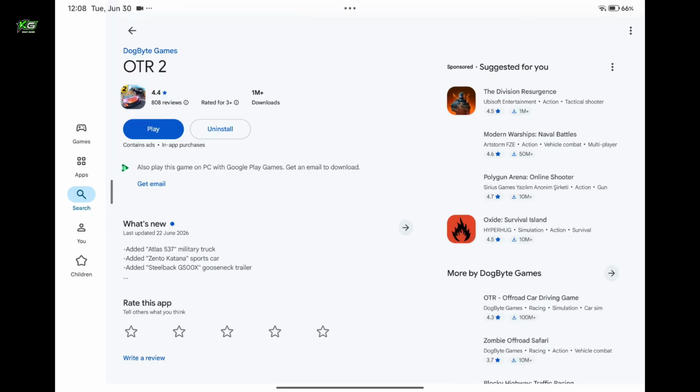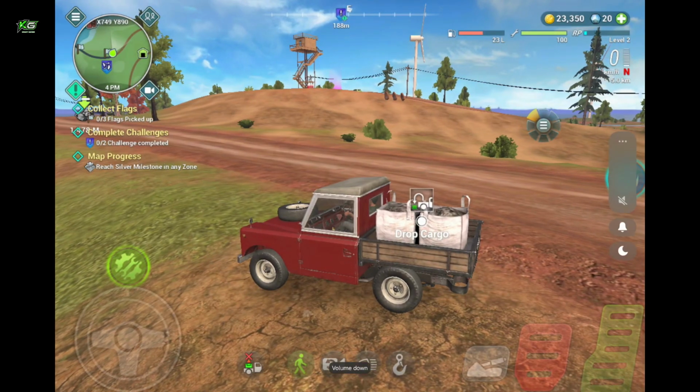You can also set auto update for the app. Tap the three dots at the top right corner from the same page and make sure you have checked this enable auto update button. Once you do that, whenever a new update comes, your game will automatically update on your